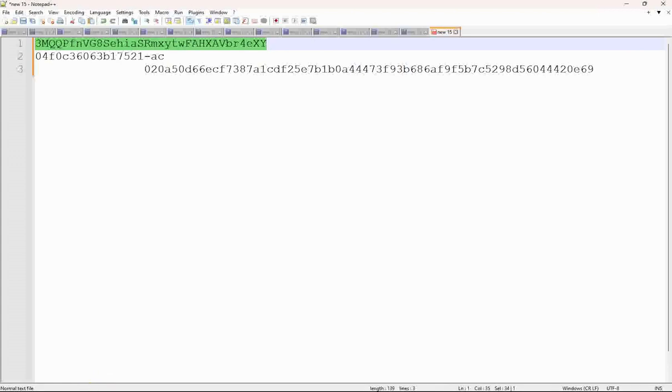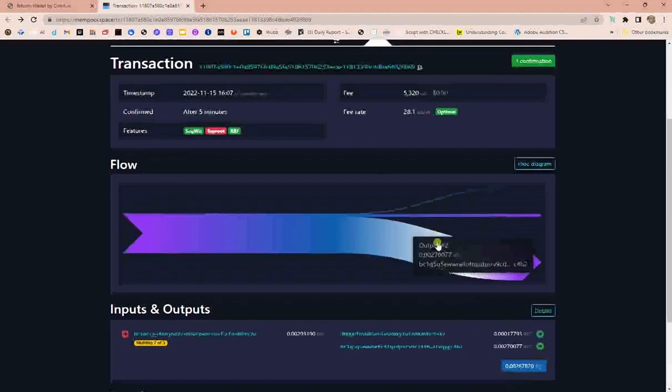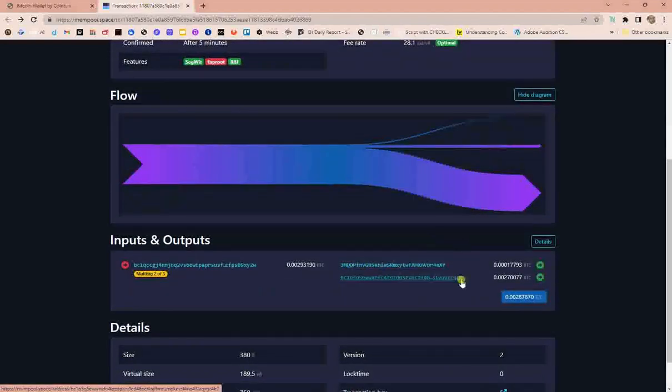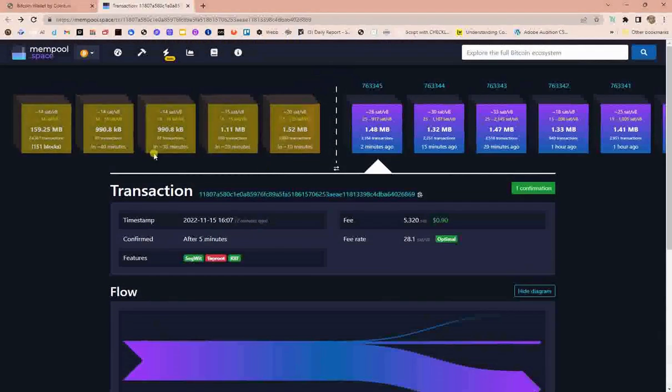That way I can demo how to spend them. So give me 1 second. All right, so 3MQQPFN. I went ahead and sent $3 over to this, and I paid 90 cents, because currently the blockchain is